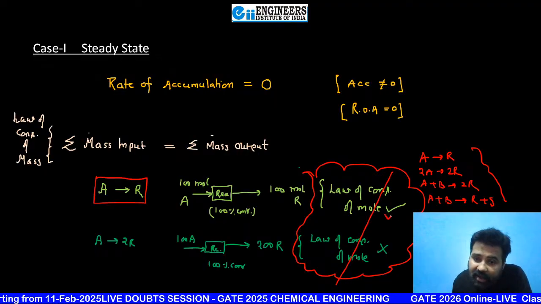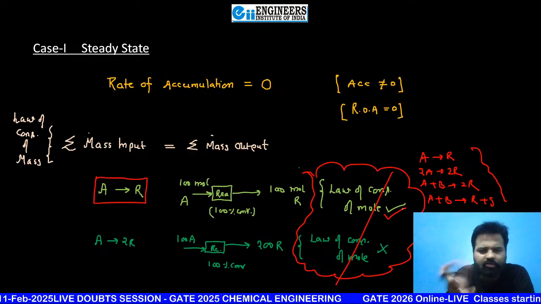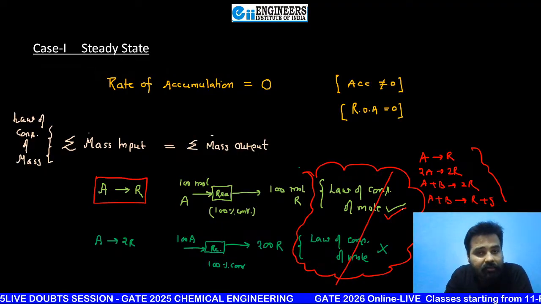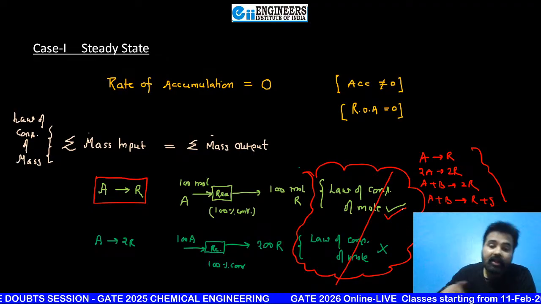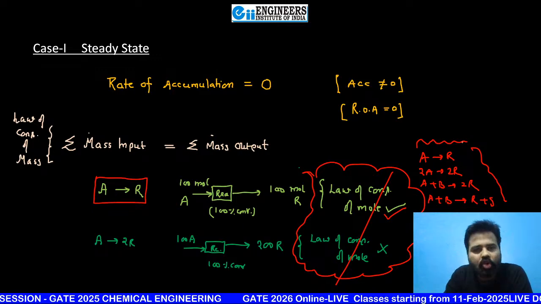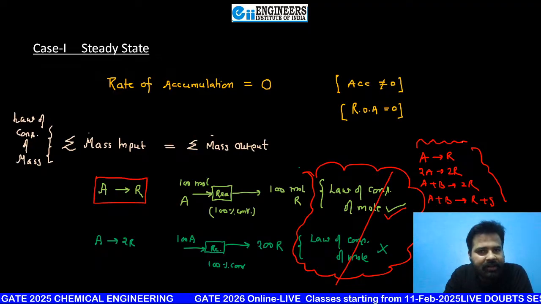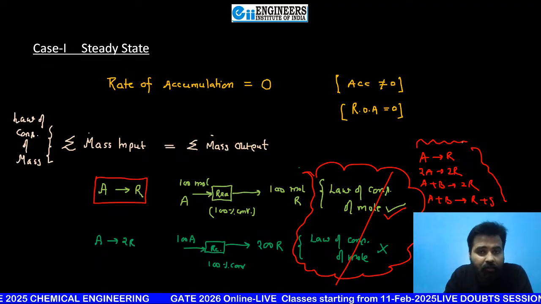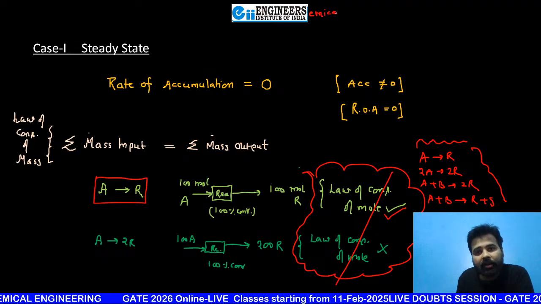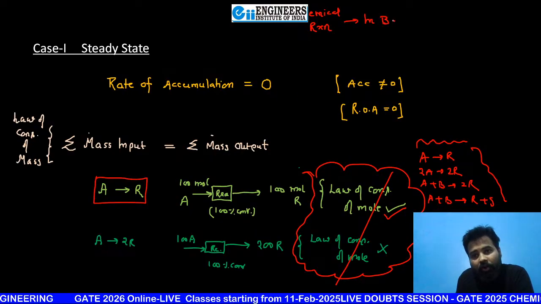But you can still use it whenever there is no chemical reaction. Every time mass is conserved, and no need to worry, moles are also conserved if no chemical reactions are there. But if chemical reactions are there, then what is a stoichiometric equation, sir? If you are writing any chemical reaction in balanced form,